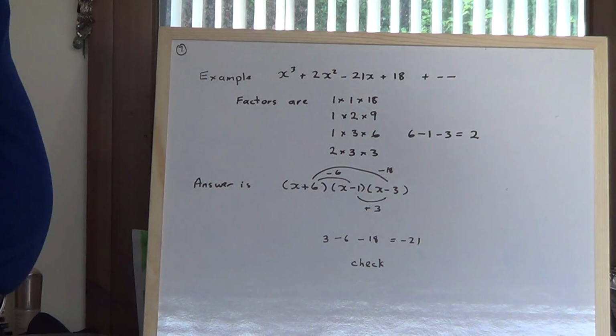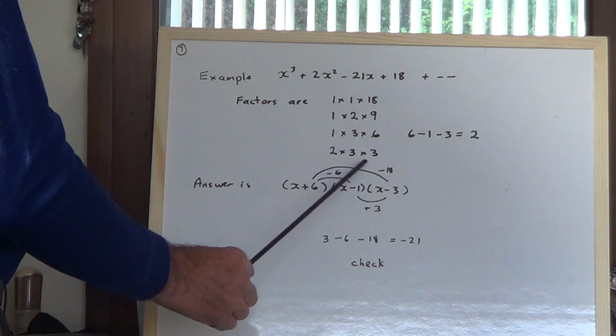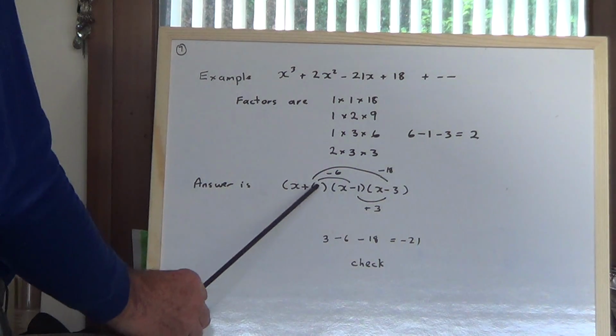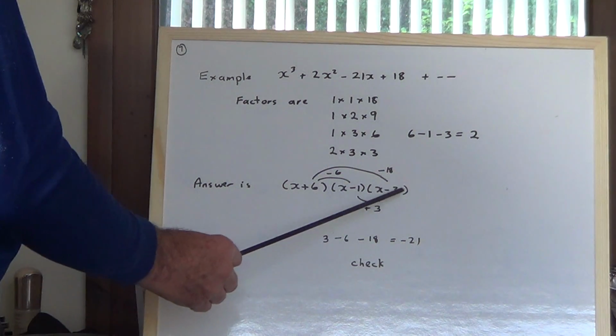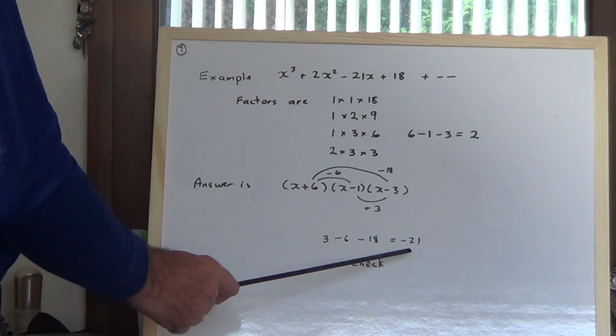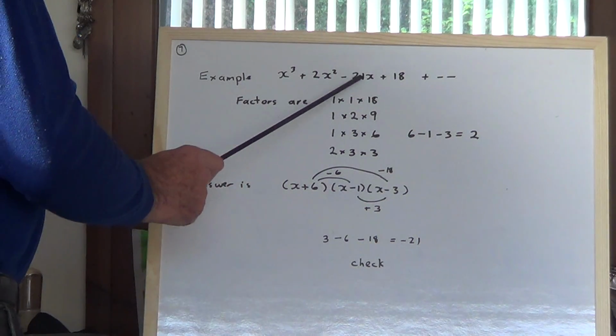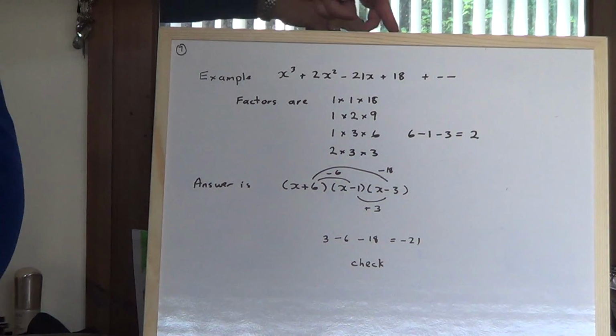And we can do a check to see that we're right on that number there. So we go 6 times negative 3 is negative 18, 6 times negative 1 is negative 6, and negative 1 times negative 3 is positive 3. And then we add them up. 3, take away 6, take away 18 is minus 21. Here it is, minus 21, and it's all checked and it all works. Right,